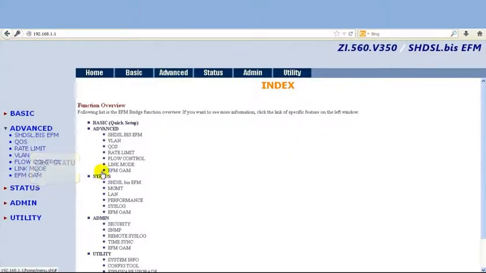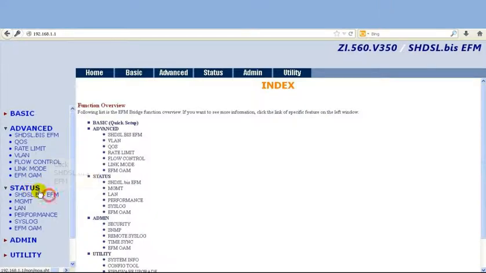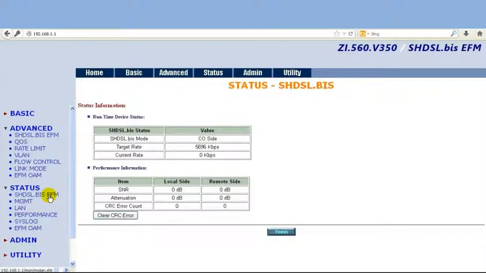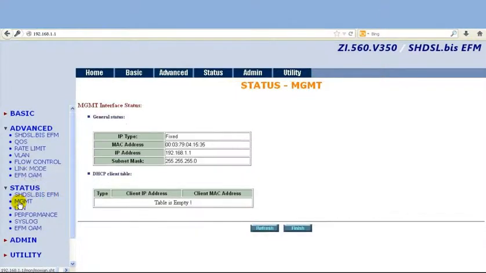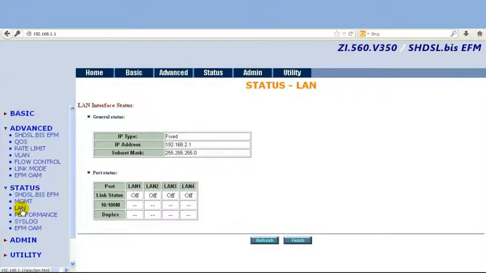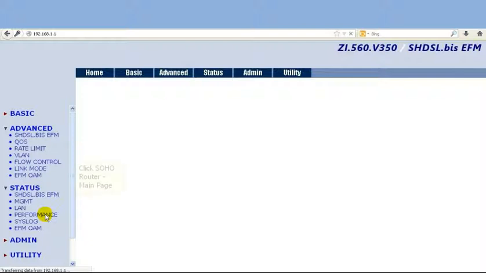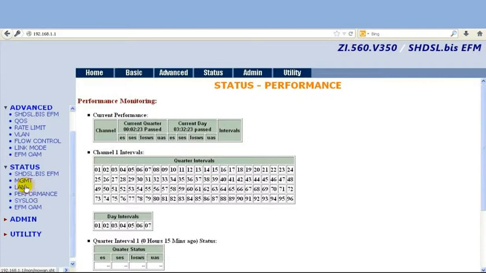Here in this card, this is the status symbol, where we can see the status of the DSL part. If it is synchronized it will show some value, but right now it is not connected to anything, so it is not showing any value. It is 00. In the MGMT part we can see the MGMT configuration, that in the link part, if some link is working it will show there, and below that there is performance. This performance part will show how is the performance of our EFM NTU.